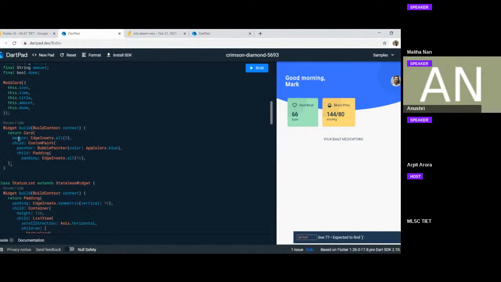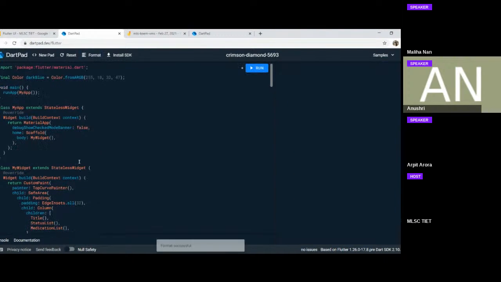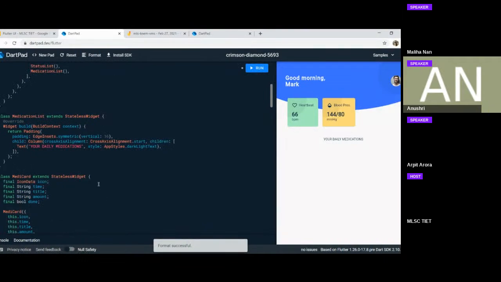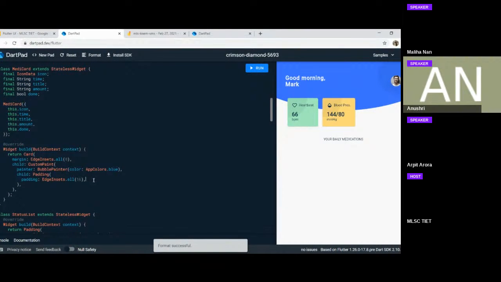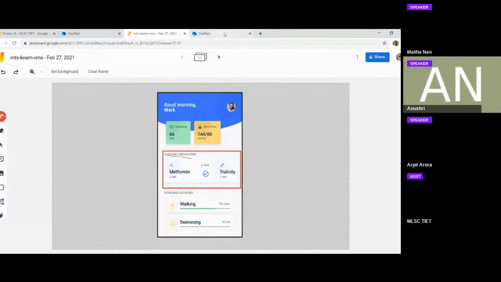So we have some margin, we have the child which is the custom paint whose painter is the bubble painter, and another child over here that is the padding. Now the child of this padding is going to be,